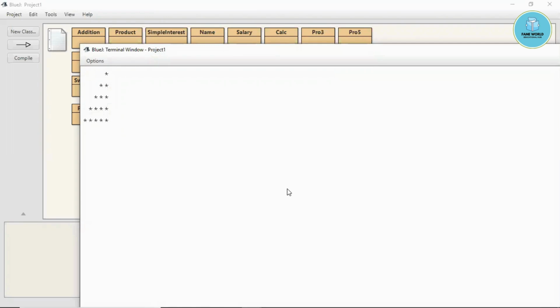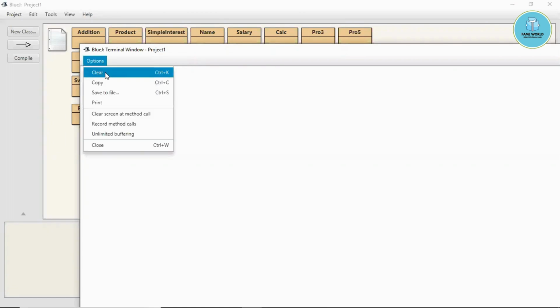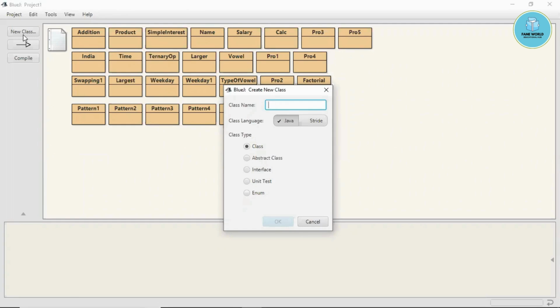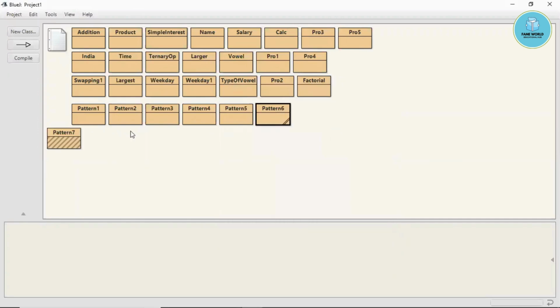You can see that we have received the stars this time. So now I'm just coming towards the next program. If we are having some pyramid type stuff, if we are having pyramid structure, so for that I'm just going to tell the program. This time I'm going to tell for the pyramid one. Okay, this is the program 7, pattern 7.